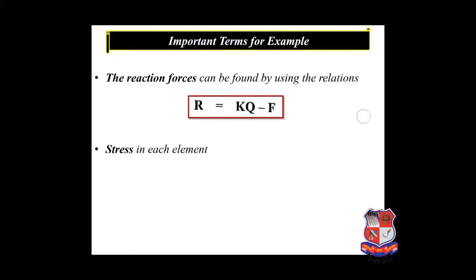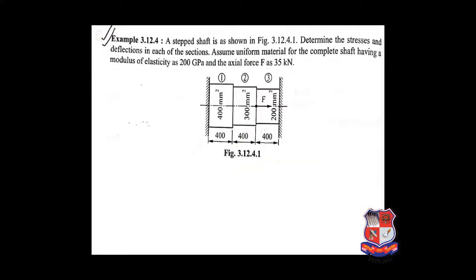So this is the reaction force. Whenever we apply the elementary approach, for a particular element from the starting node to the ending node, we have to find the reaction force. The simple condition for the reaction force is when a fixed support is there, on one side of a cantilever, or on both sides of a simply supported beam. At both sides we can find the reaction forces and the stress in each element. So stress is equal to E B into Q1 Q2. These are the important terms.